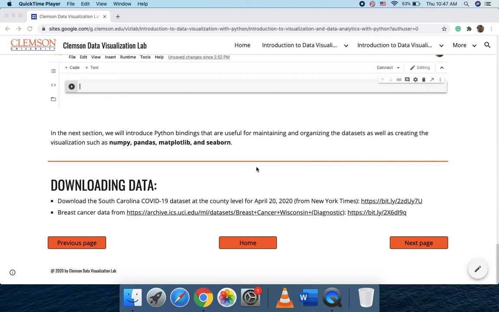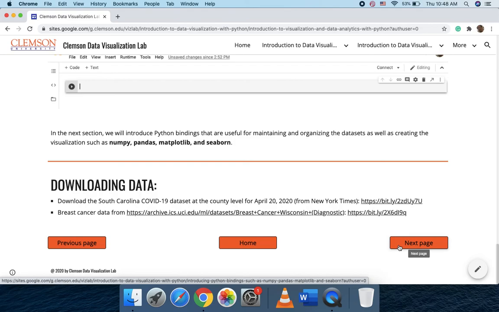That's the second part of the introduction to data analytics and visualization by using Python. Here in the first section, we will learn how to initialize the Python environment in the Google Colab research account. Now we will move on to the next section, initializing the Python modules and seeing how we could use